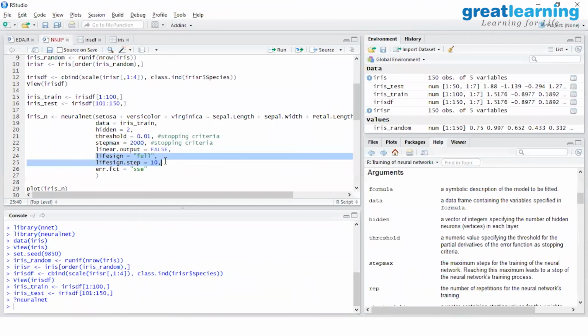with each step. So when I'm telling R that I want the life science step to be 10, after each 10 iterations, like after 10 iterations, after 20, after 30, after 40, so on till 2000, R will show me what is happening with the neural network. If you skip this, it will directly give you an output. Okay, then